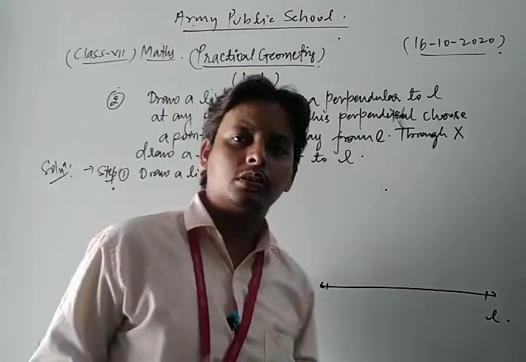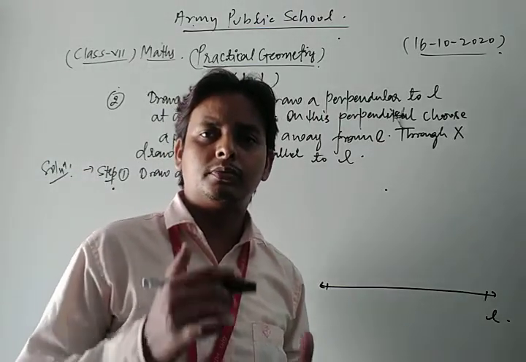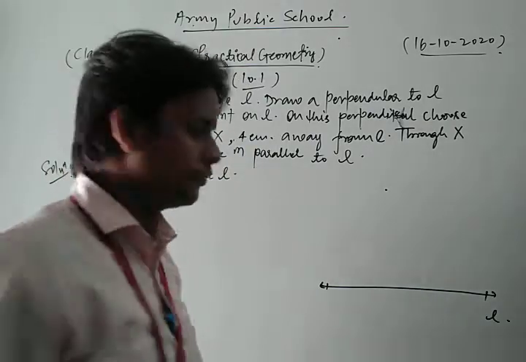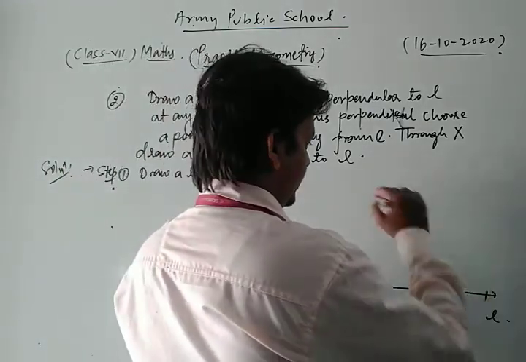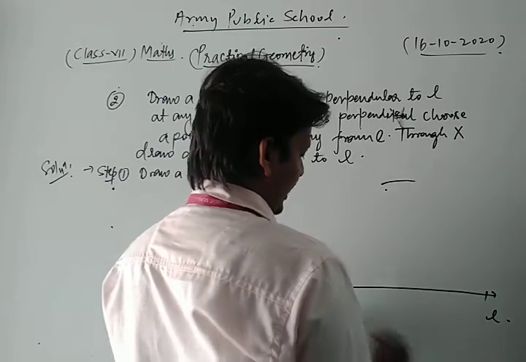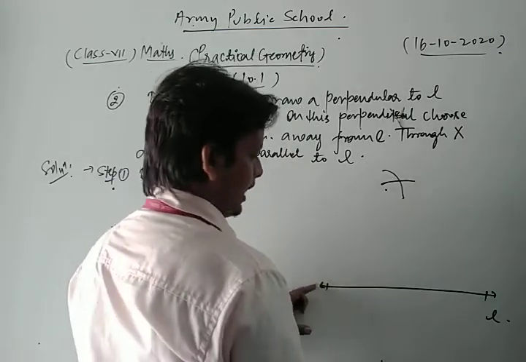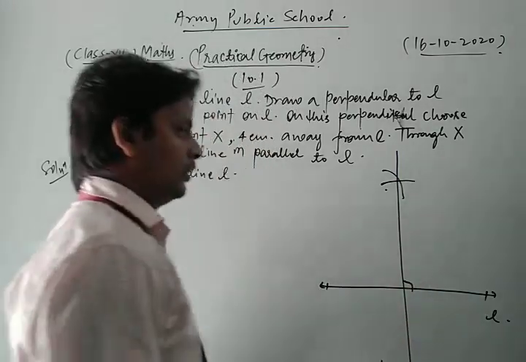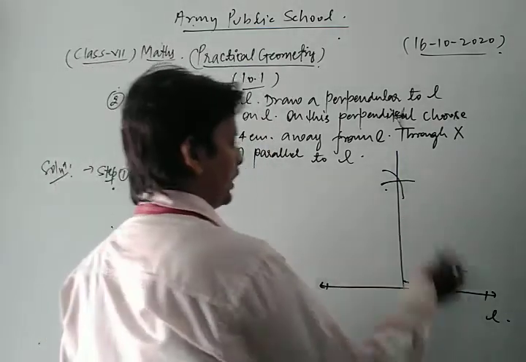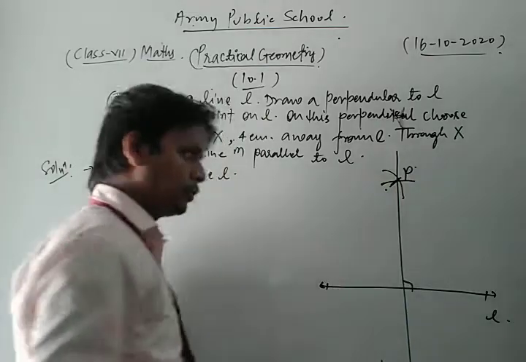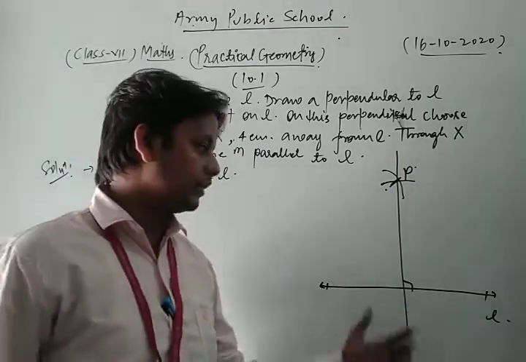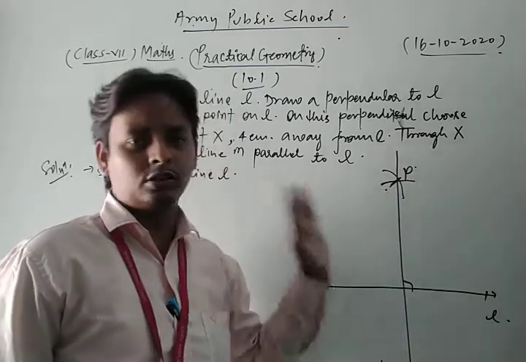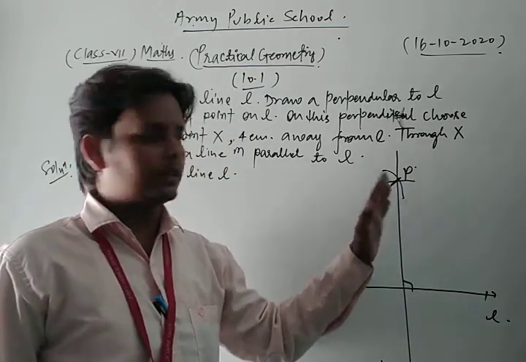For drawing, to construct the perpendicular from a point to a given line, first of all we take half of the distance and cut an arc in this way, and half of this in this way, and we draw in this way. So this is the perpendicular. Suppose that we draw the perpendicular to L from any point P, or any outside point.